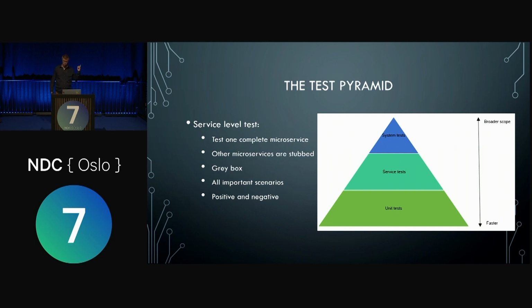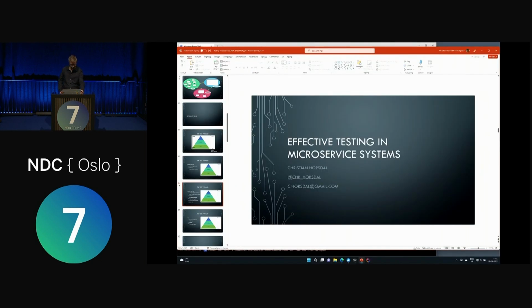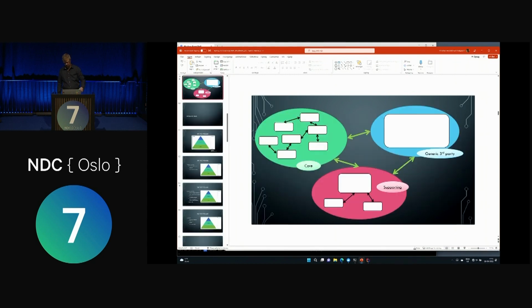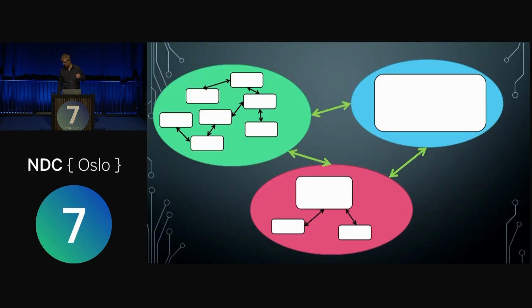And as opposed to system tests, where I tend to mostly go for the positive happy path things, this can easily also include negative things, failures of different kinds. Right. So another thing that we could notice from this picture is that there's a lot of arrows between these things.